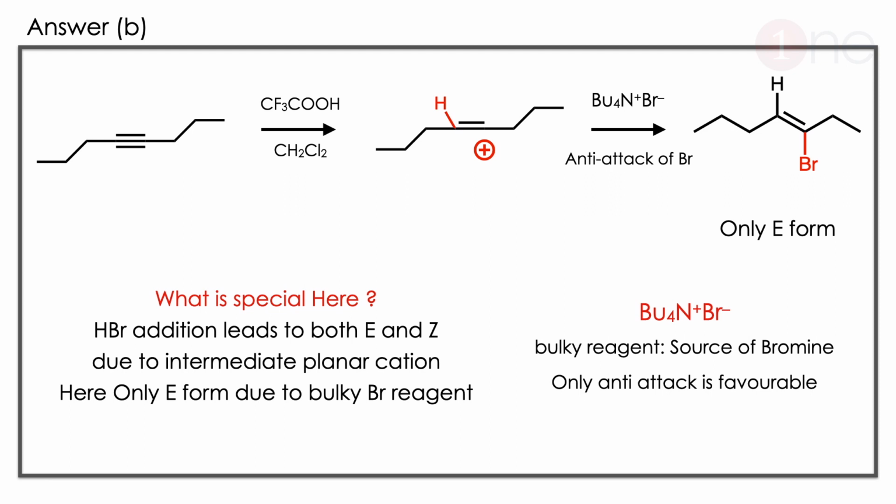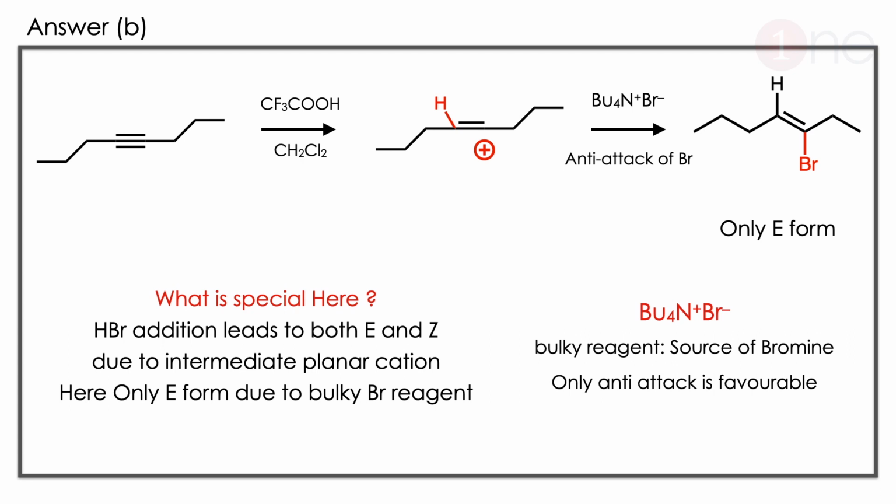The answer is B. Let us see how. The reaction is very simple, but it helps you to teach some very good basics here. Here a triple bond is there, you are using the acid. Since it is a symmetrical system, you can add hydrogen anywhere. So you can add hydrogen to the one side. The positive charge is here.